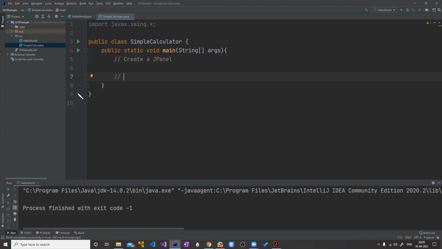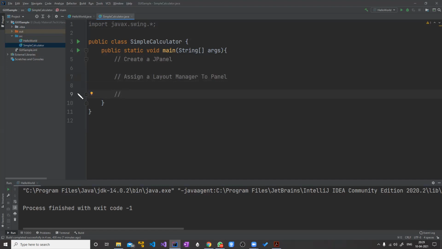So what should be the layout, or how it should be arranged in that particular window, you have to specify, and Java Swing gives you a thing called layout manager. So you will have to assign a layout manager to the JPanel which you have created. That will be the second step.